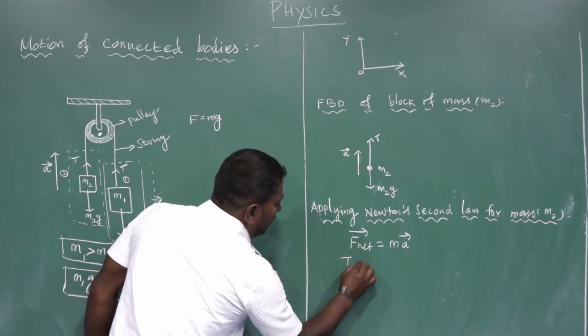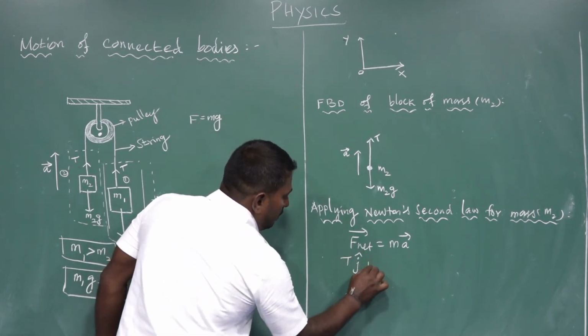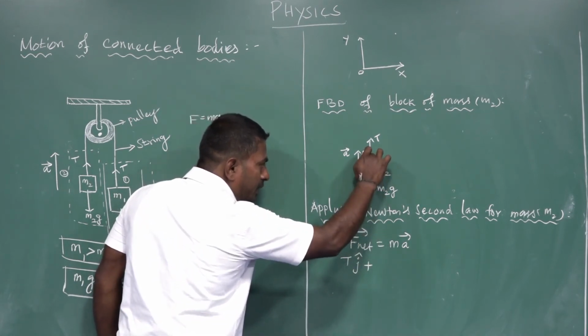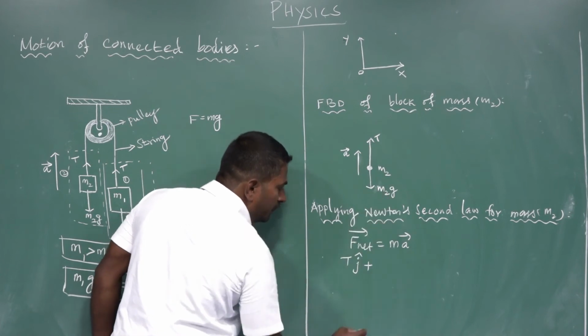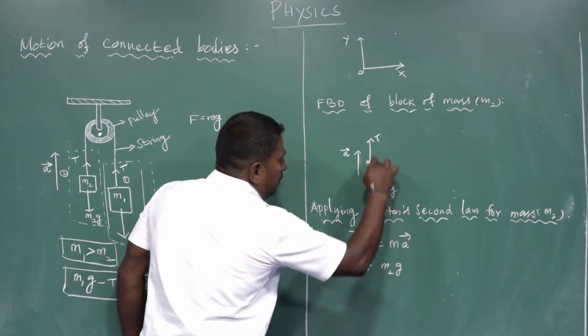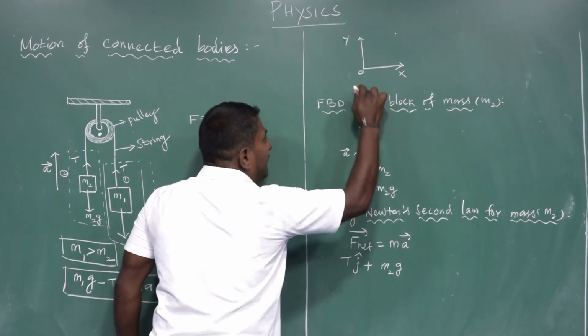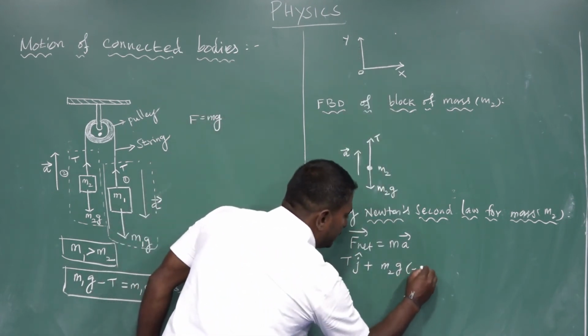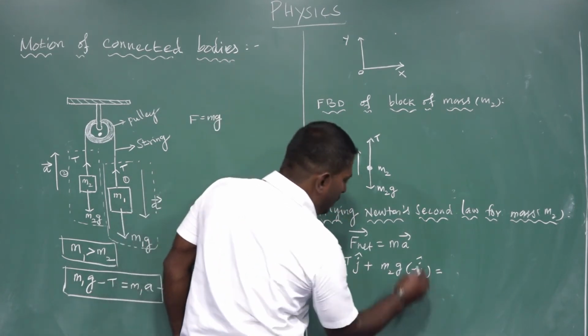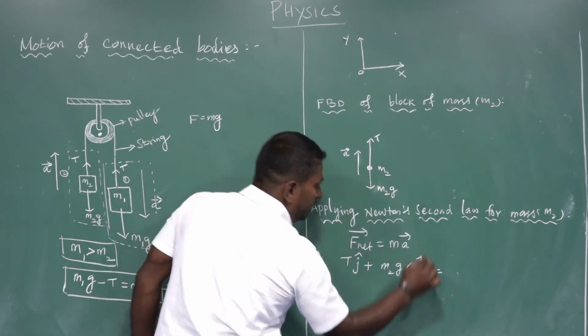So T j cap plus. Then gravitational force acting on the block of mass M2 acts vertically downward. M2G, downward direction means negative y direction, minus j cap, which is equal to mass of the block M2